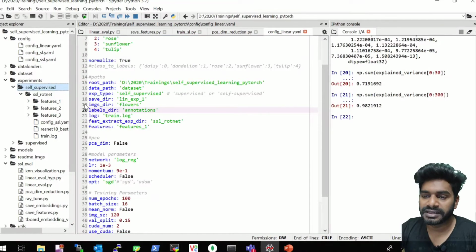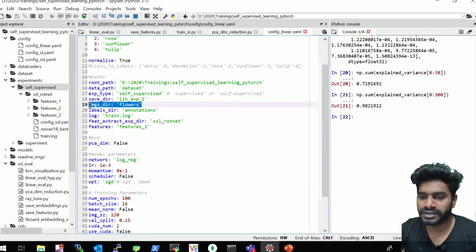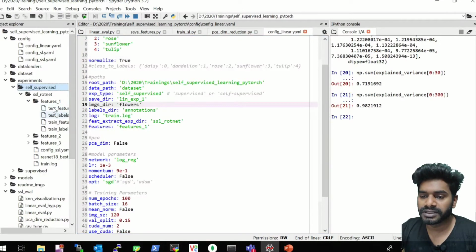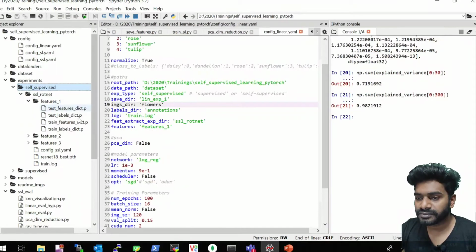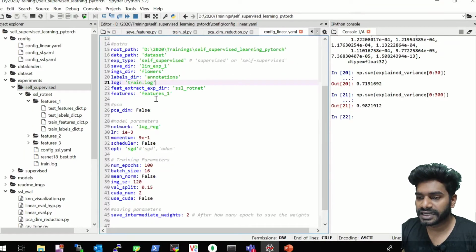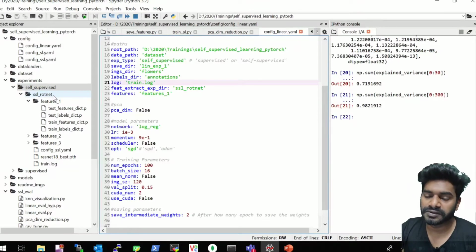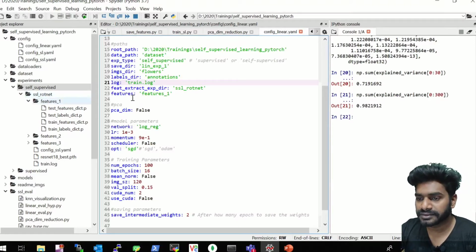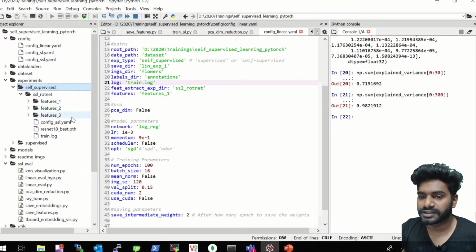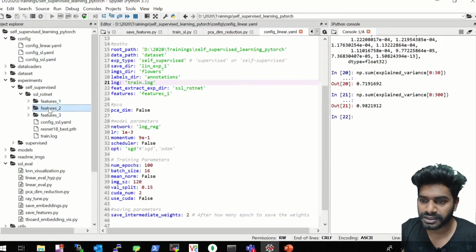And then what will be the saving directory? I'll name it as linear experiment 1 images directory, which we don't need here because we will simply be using the pickle file from here, and the log file. Then the feature extract experiment directory is the SSL RotationNet. So whatever experiment you did with the self-supervised and whichever features you want to use, and which of the features, 1, 2, or 3, you want to train from,